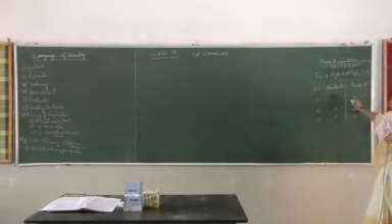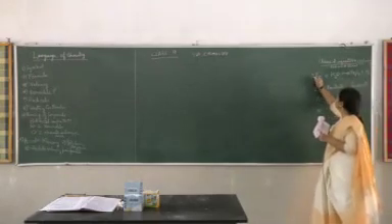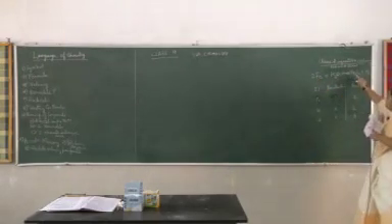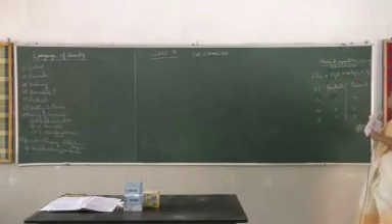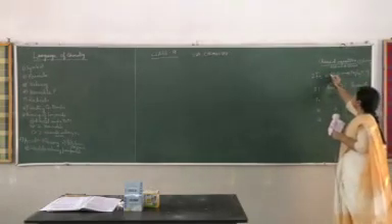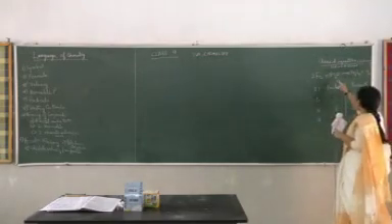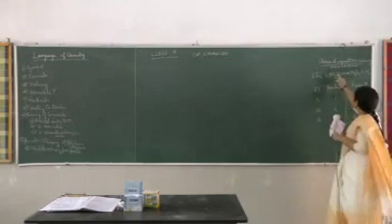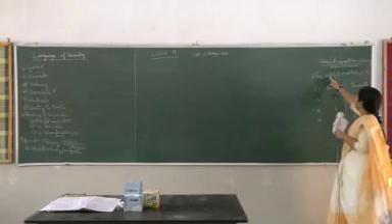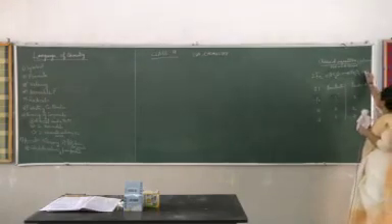Electropositive elements are usually balanced first. So what do we write? We write a 2 over here. Then we come to the oxygen part. How many oxygen atoms are there? 3, and on this side it is only 1. So we have to multiply this by 3 in order to get 3 on both sides. Now hydrogen is left. There's a change because we have multiplied this by 3. How many hydrogen now? 6 hydrogen. So in order to get 6 hydrogen, we have to multiply this by 3. So we put a 3 over here.